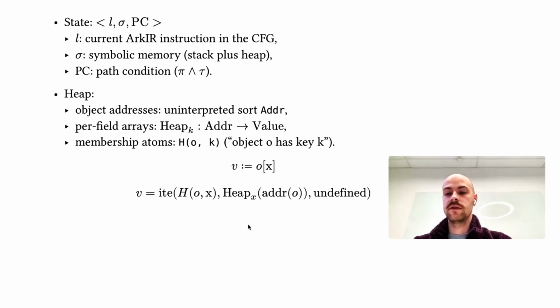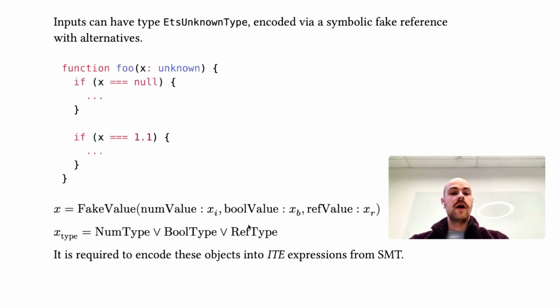This behavior corresponds to the ECMAScript specification. Inputs can sometimes have unknown type, because although we have a typed language, you don't need to obligatorily specify it, since we can compile it from JavaScript, for example. So we need to somehow symbolically represent objects with unknown structure. This is the novelty of this article and this work,